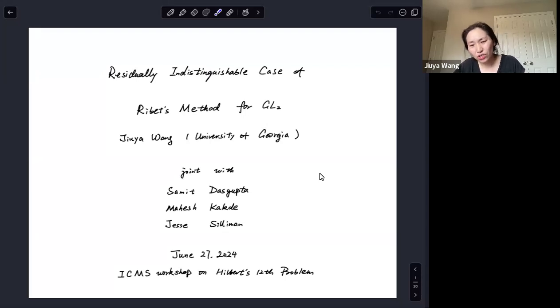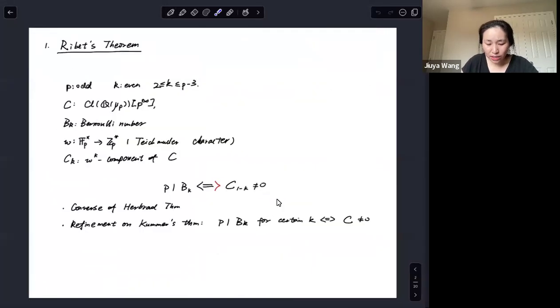I think it should not be considered as a technical improvement towards a very specific problem, but rather it is an independent result which is probably of interest to a wider audience in number theory. And the idea of the proof actually simplifies things significantly instead of complicating things. So to start the talk, the story